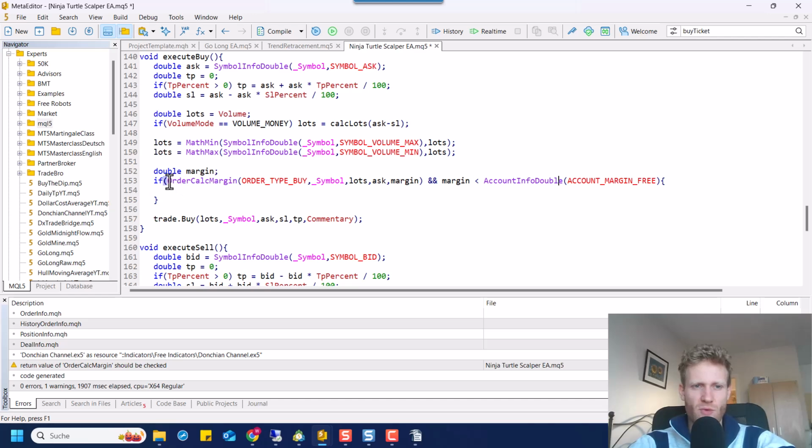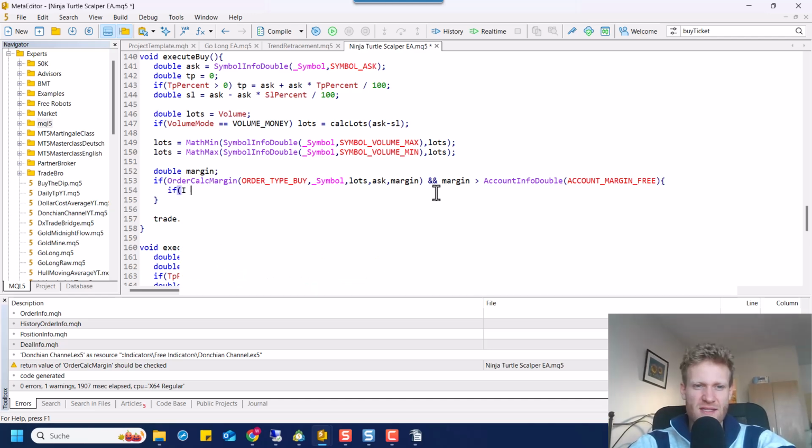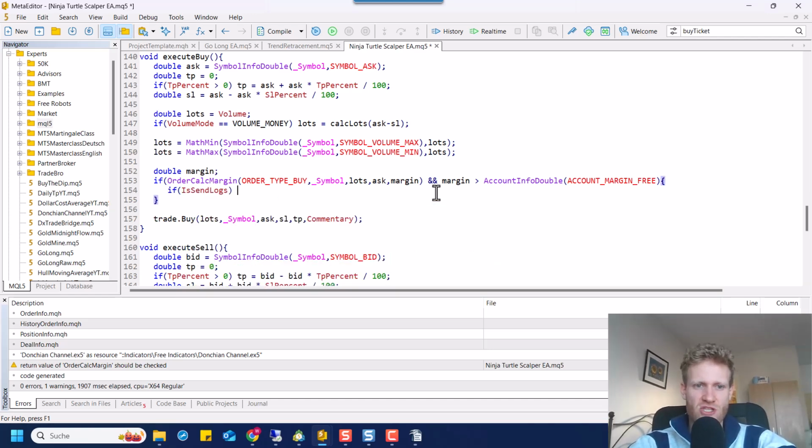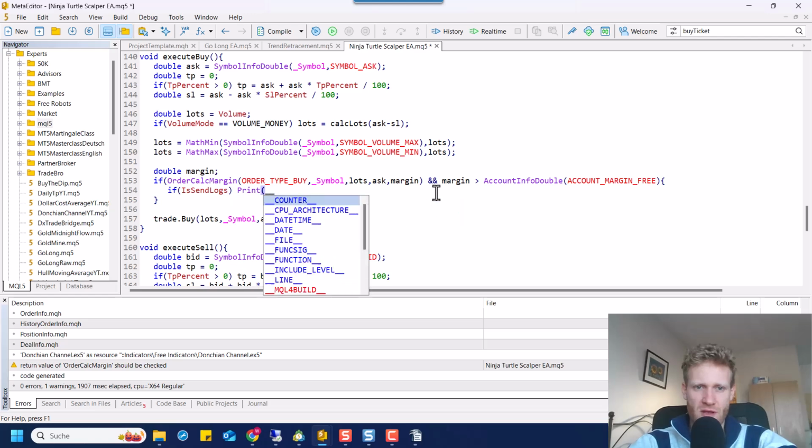No, actually we want to check if the margin is above the free margin, because in this case we cannot open. So then we want to check if send logs is true,